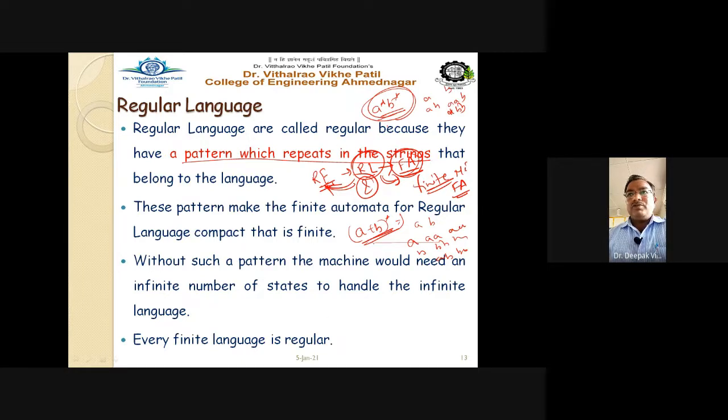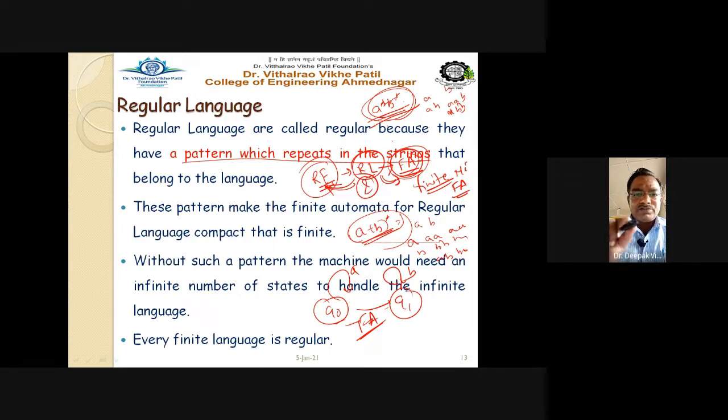If I am asked to draw the automata for a* or b*, yes, I can have the Q0 state, the Q1 state, and this particular transition. Say for example, A is here and B is here. So only two states. Though this language consists of any occurrences of A and B, I can have only two states in that finite automata if I represent it graphically. That's why it is called the regular language, because the language defined by a regular expression or finite automata contains only a finite number of states, right?